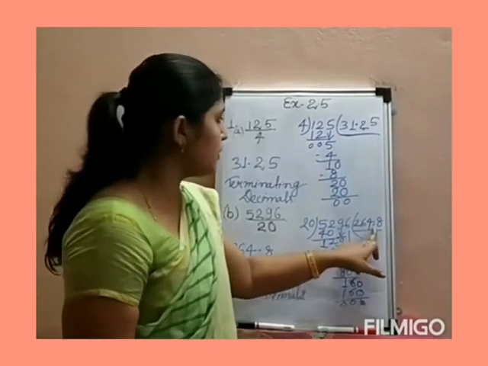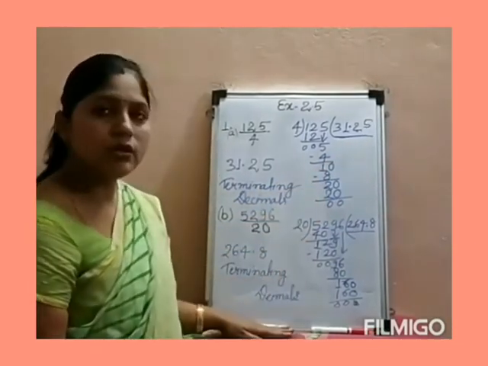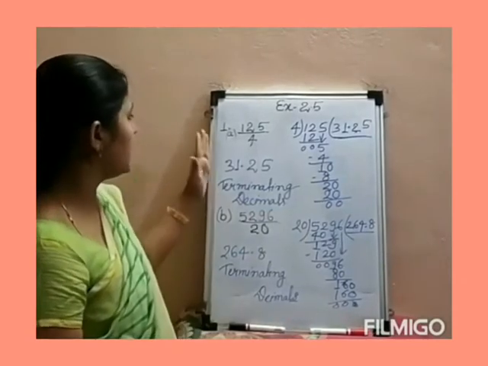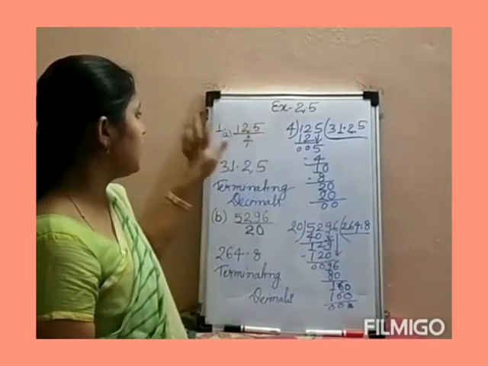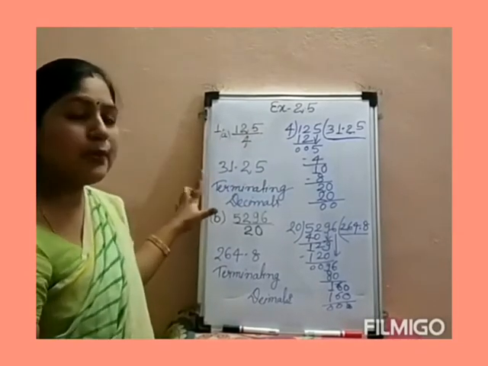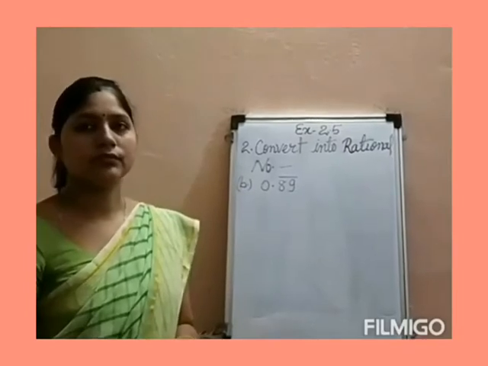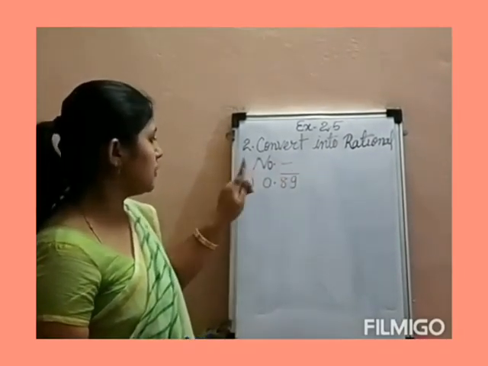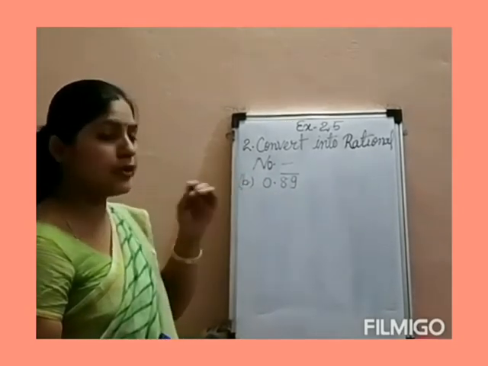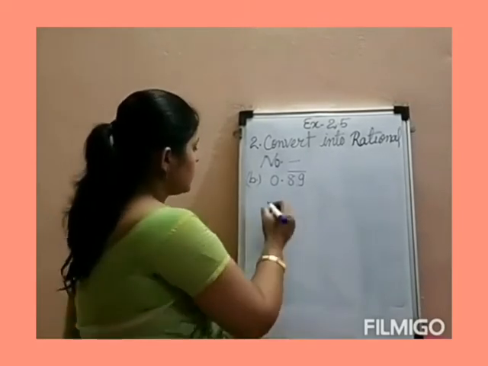If after decimal the numbers are not finite, then this will be called a non-terminating decimal. But we have taken the questions from exercise 2.5, first question A and B, and both are terminating decimals. Let's do question number 2. The second question is to convert into rational number. It is given in non-terminating or terminating decimal, and we need to convert it into a rational number. So let us